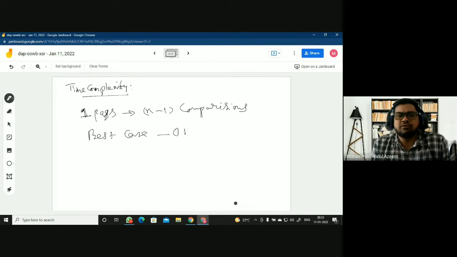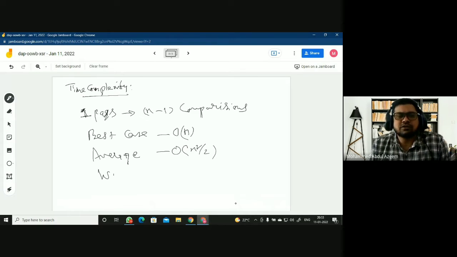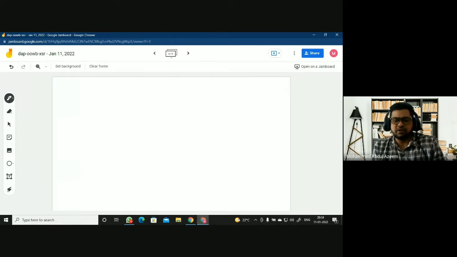In the average case, we said n by 2 passes, so it's about big O of n square by 2, because each pass consists of n minus 1 comparisons, and n minus 1 into n by 2 is around n square by 2. And the worst case scenario is about big O of n square, right? So this is the time complexity of the bubble sort algorithm, or exchange sort.